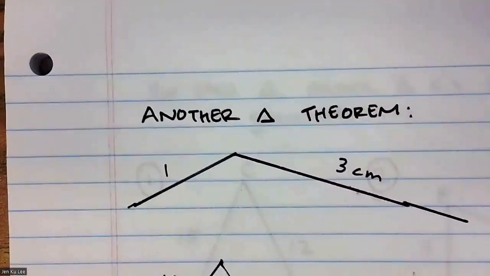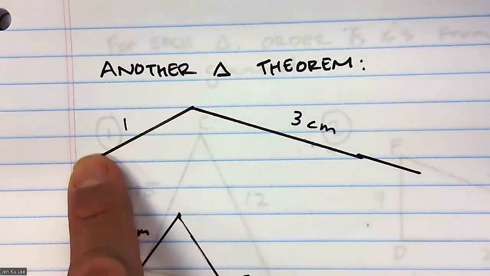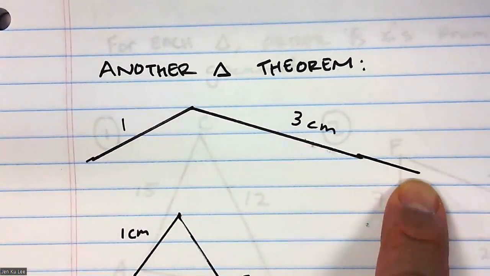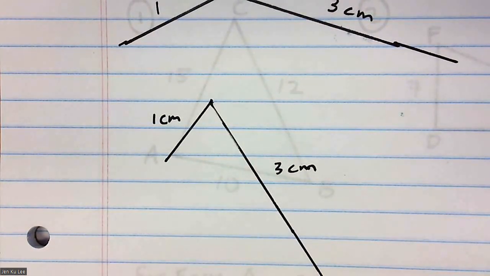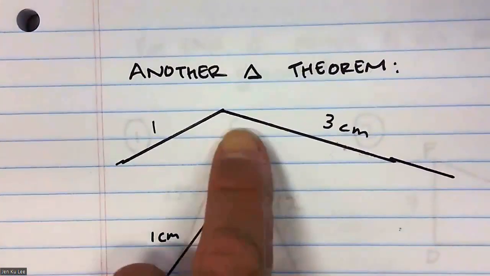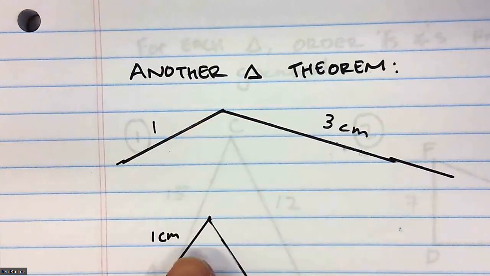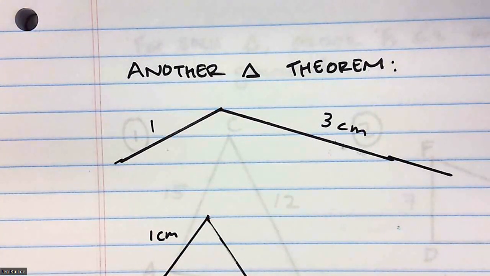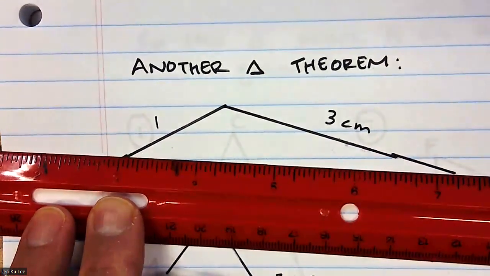So here is another triangle theorem. Let's say, for example, I have 1 and 3 centimeters. They're actually not centimeters, I don't know why I put centimeters there, but I have 2 of these sides. Notice that this angle, is it bigger or smaller than this angle? It's bigger, right? And notice that if I make a triangle with this,